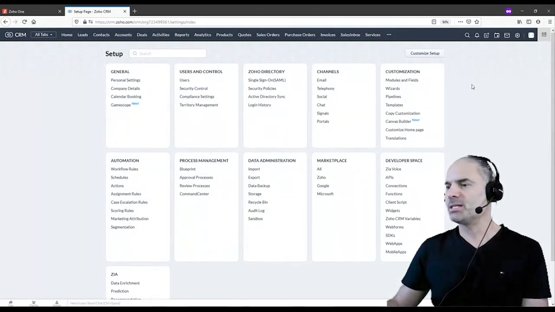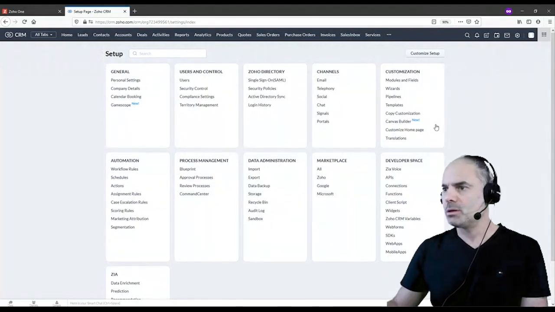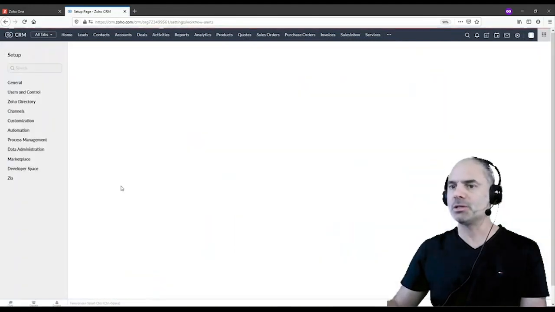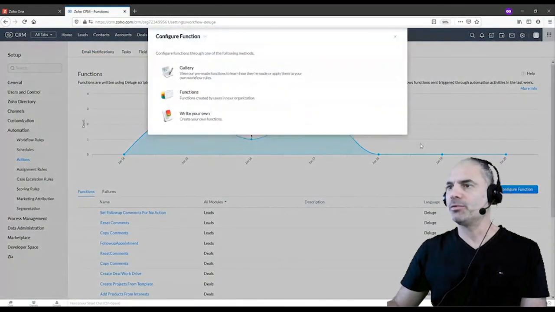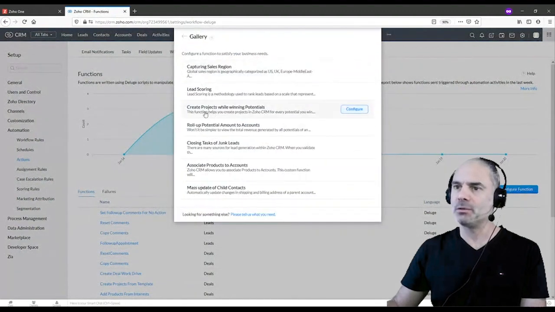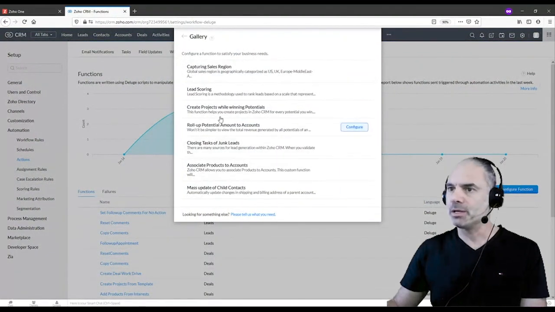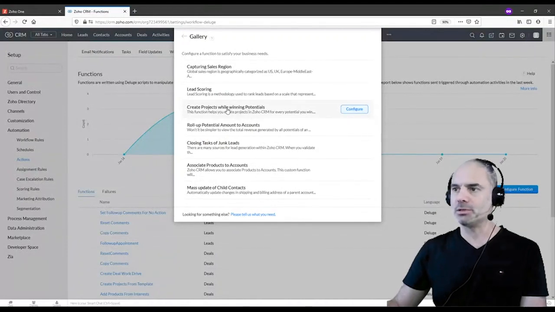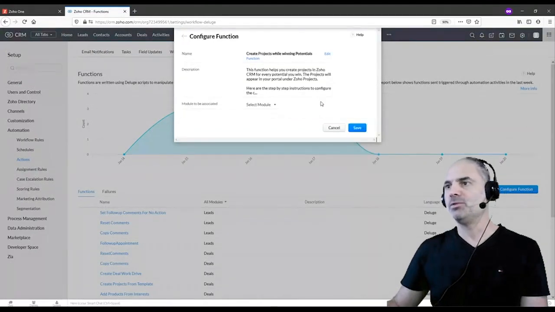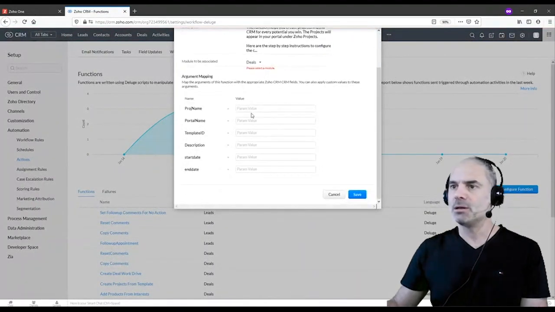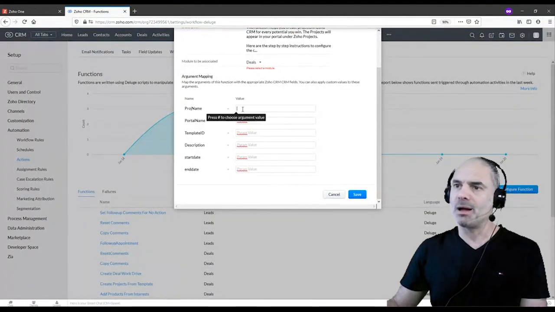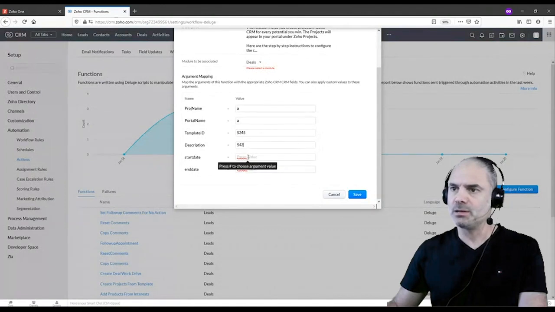There is an existing function that Zoho created for us. If you go to the actions, and then you go to functions, you can configure here a function from the gallery, and it's already here: Create projects while winning potentials. If you configure this function, let's say it will be related to the deals, you need to map here the different fields.